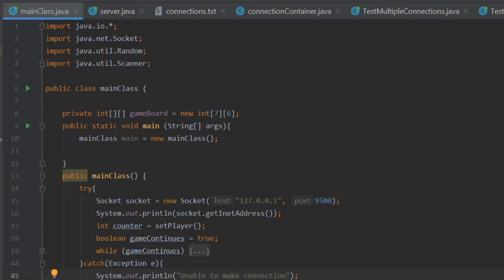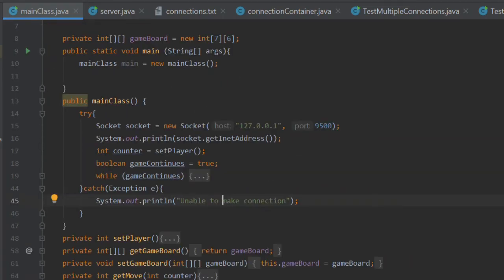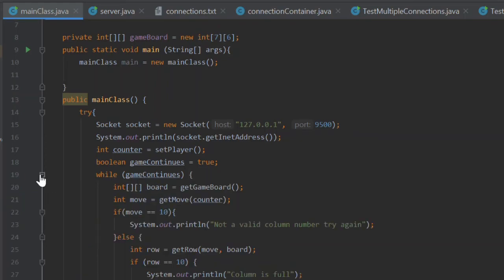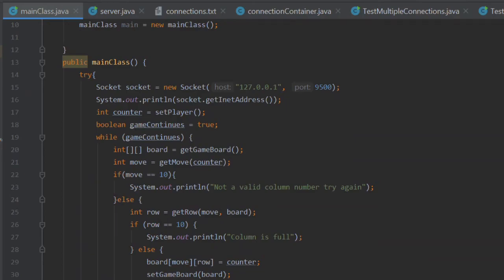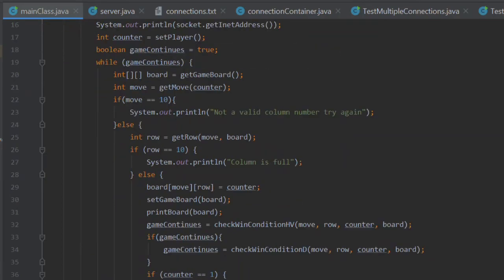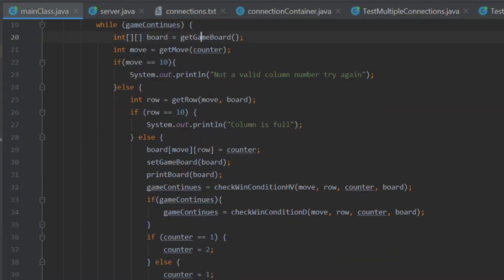So if we come over to here, we're in our client class, and I've been trying to figure out how I want to do this. It's going to be kind of tricky. What I think we're going to do is, the plan is that we'll go through the game state. So, we'll go through the game loop. If you remember in like video 5 or 6, I kind of explained to you how the game was stored within this loop. So what I'm thinking is we'll go through this loop,